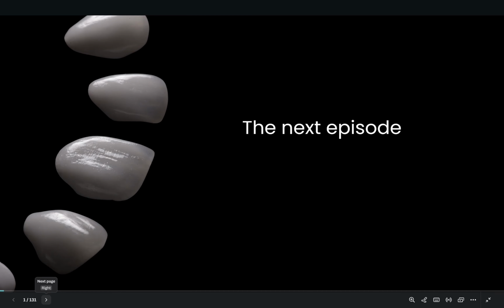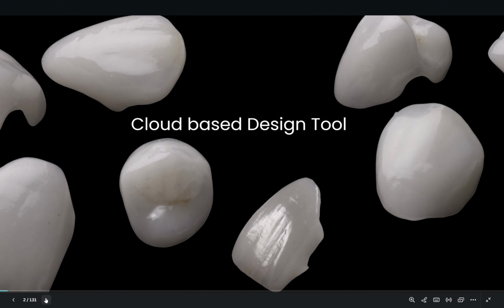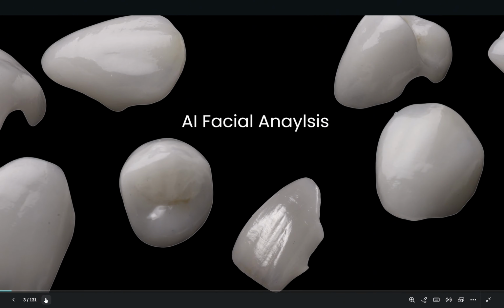I'm going to go out on a limb and say I am fairly confident that you're familiar with the concept of digital smile design. SmileCloud is the next evolution of that philosophy. It's a cloud-based design tool that utilizes AI for facial analysis and a library of real human teeth